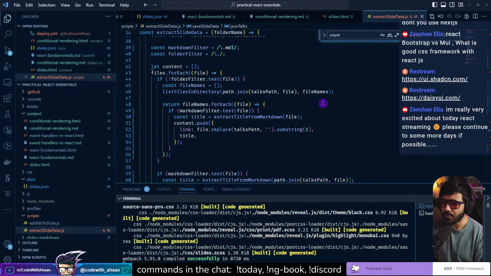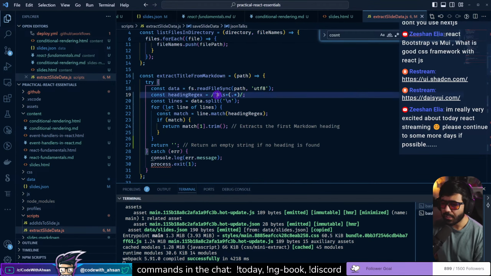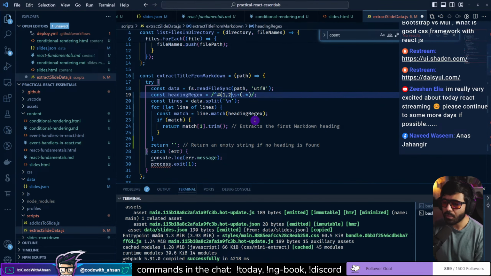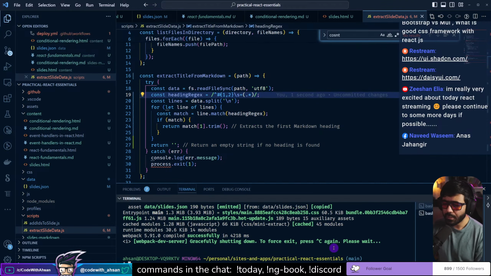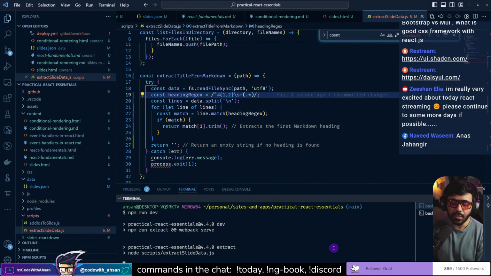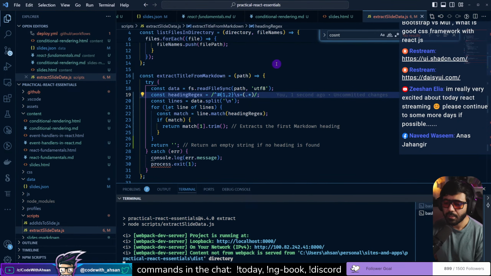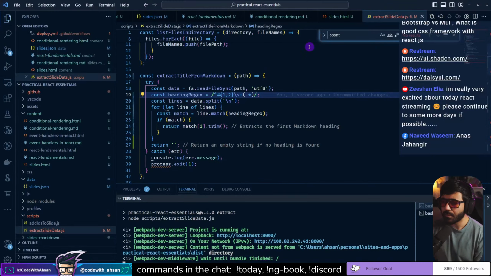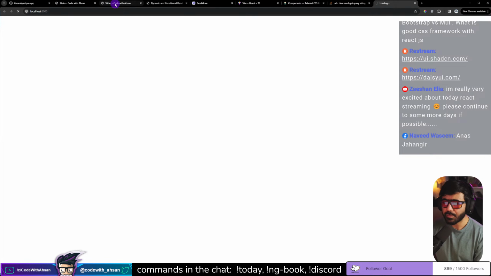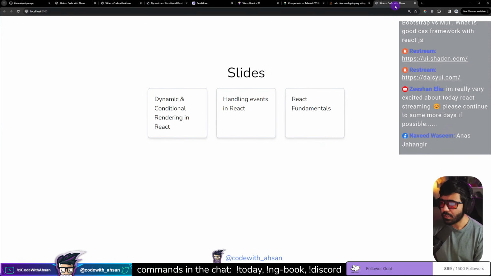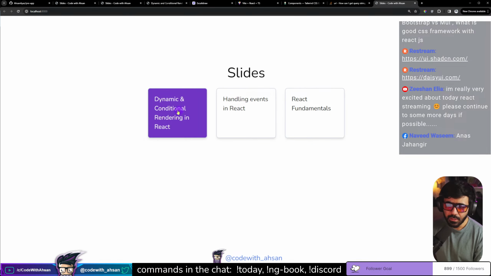So in slides JSON, where we are checking, I think it could be either 1 or 2. So here it could be 1 or 2, and then if I run this, I think this should start picking the right markdown files. Let's see. Now I should have the titles. Previously I did not have the titles. Now I should have the titles. There we go. Now we can see the titles being picked up,